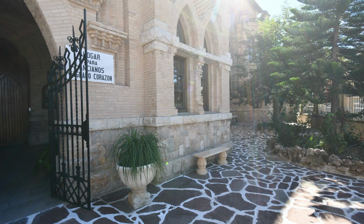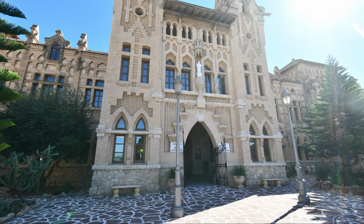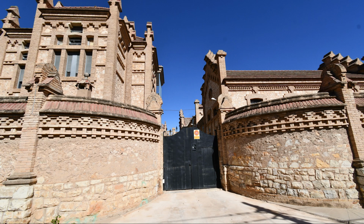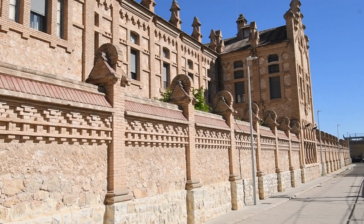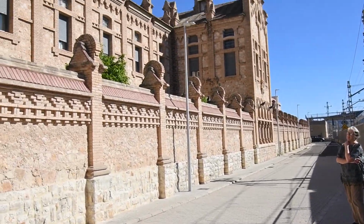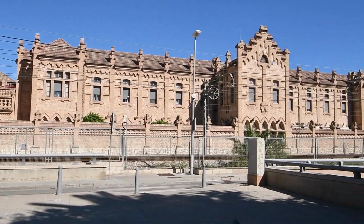The complex is an example of 20th century historicism with modernist influences. The materials used are brick, stone, iron and ceramics. A Latin cross floor plan, a painted barrel vault in the central nave, and a ribbed vault in the transept. The building is known for its ornamental expressiveness created by the unique use of bricks. Yeah, the Art